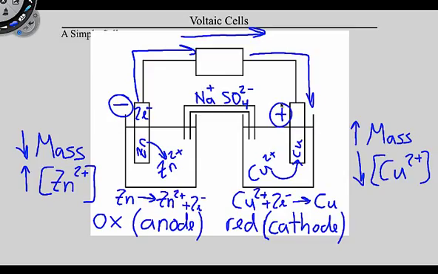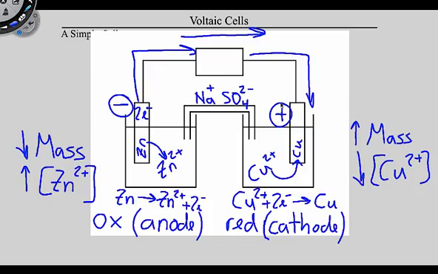And when the concentration gradient and the voltage gradient offset each other, the battery dies. And so that's what's happening. As the electrons flow in this direction, these are closing in on each other. There's fewer electrons here, there's more electrons here, and these close in on each other. But the opposite is happening as well. This concentration is going down and this concentration is going up, and eventually they cancel each other out and the